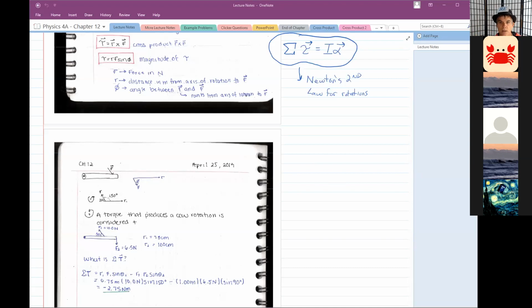Okay. So torque is the rotational analog of force. Just like forces cause linear acceleration, torques will cause an angular acceleration. And the way we define torque,